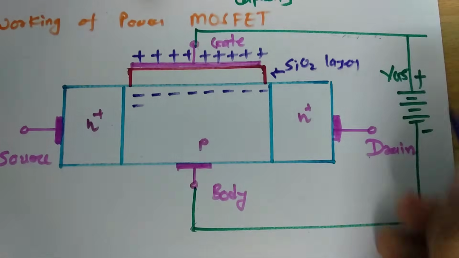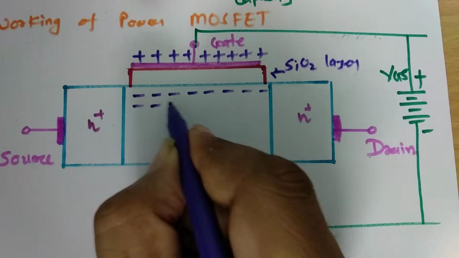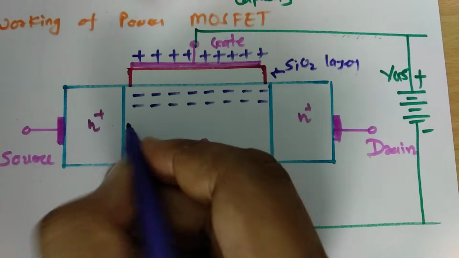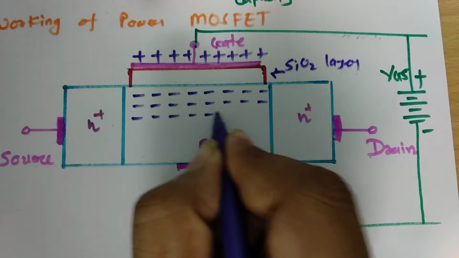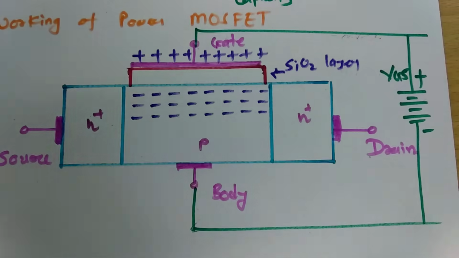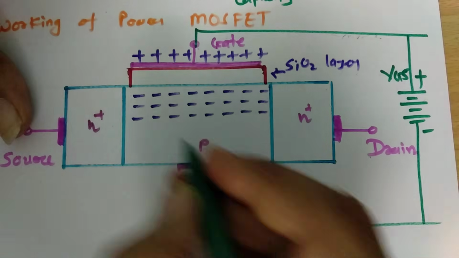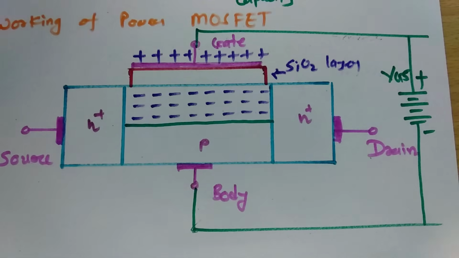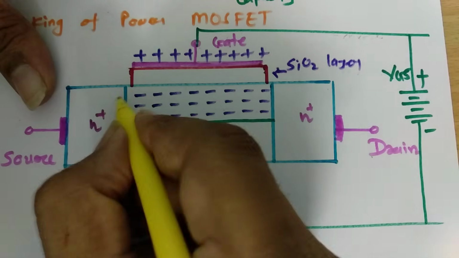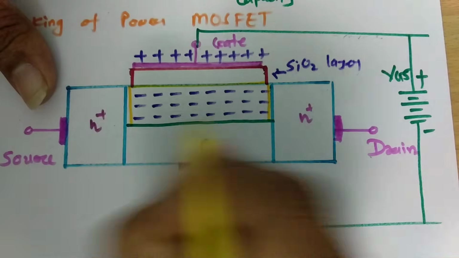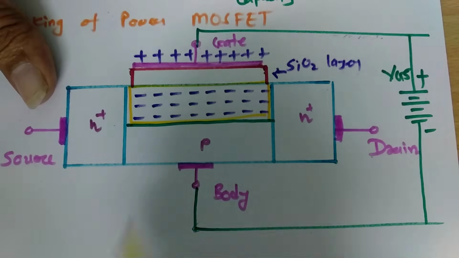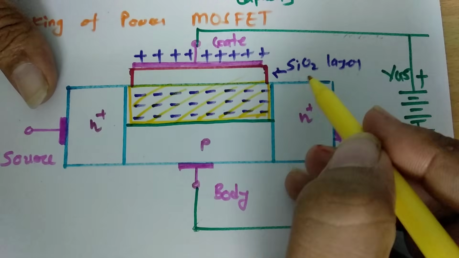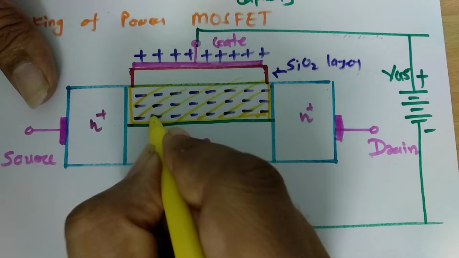So as we increase this VGS, this negative charge will increase. Now if I further increase VGS, it will increase this negative charge. So ultimately it is creating this channel. This is what is called the induced channel and even the inversion layer. See, this negative charge is induced because of this capacitor formed by this SiO2 layer, that is called as